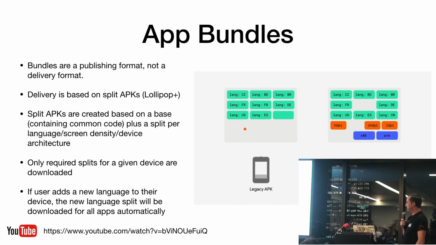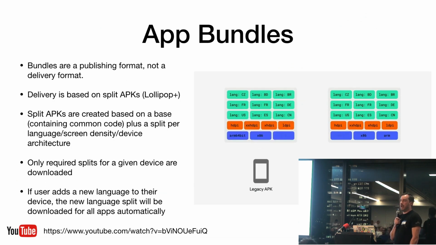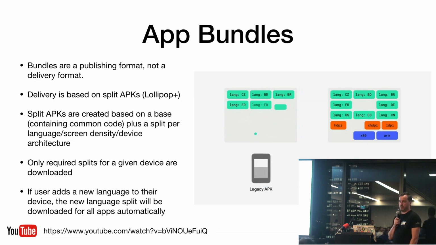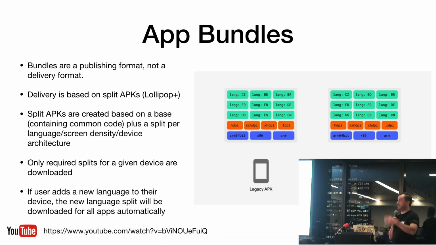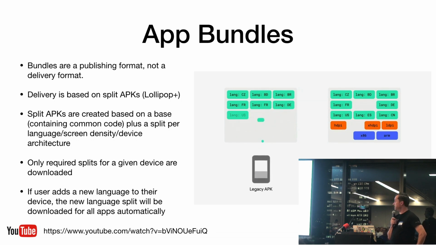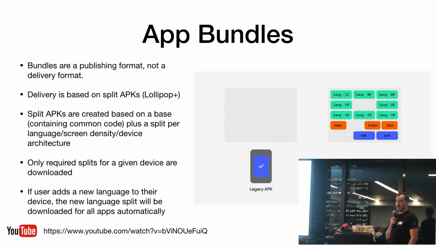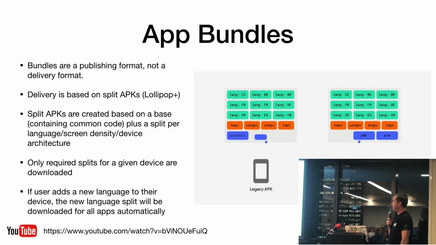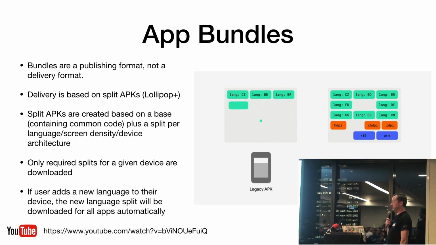I think they're already a thing on iOS, but app bundles are a publishing format. This is a way that you can tell the Google Play Store how your app is broken into pieces. Those pieces might be what languages you support, what images you have for the different devices, densities, and the different native ARM and Intel libraries that you might be using. So you can click a checkbox in Android Studio to say, bundle up my app in this particular way, and then when the Play Store delivers your app to devices, it will only download the components that are needed for